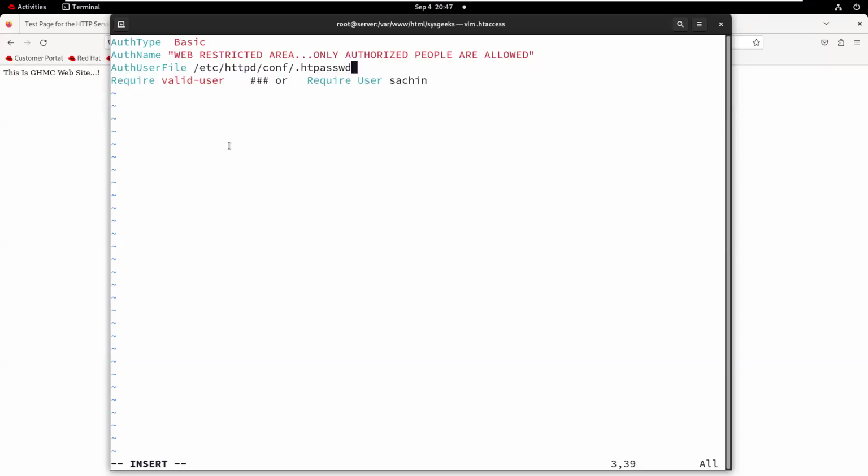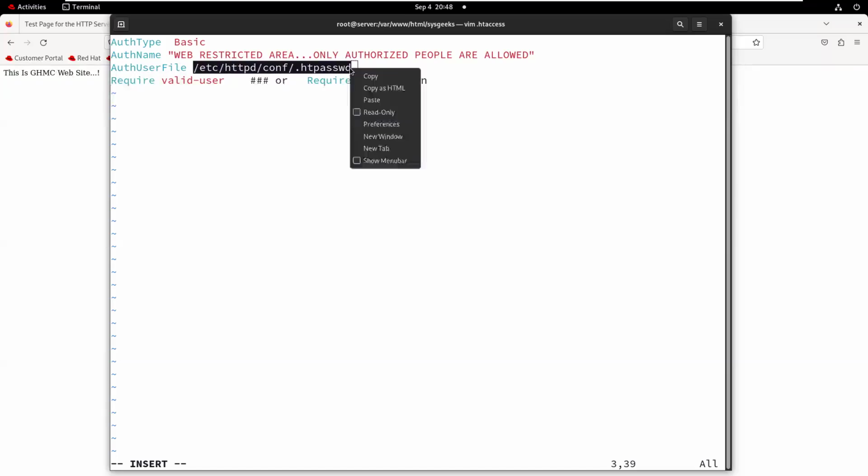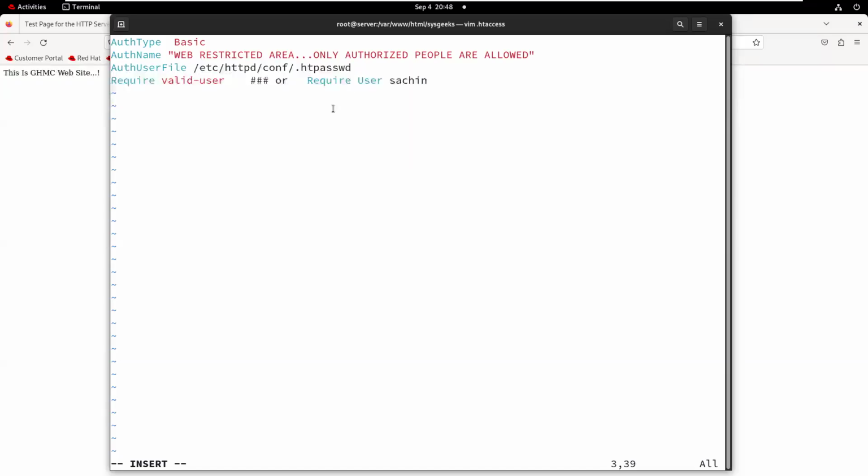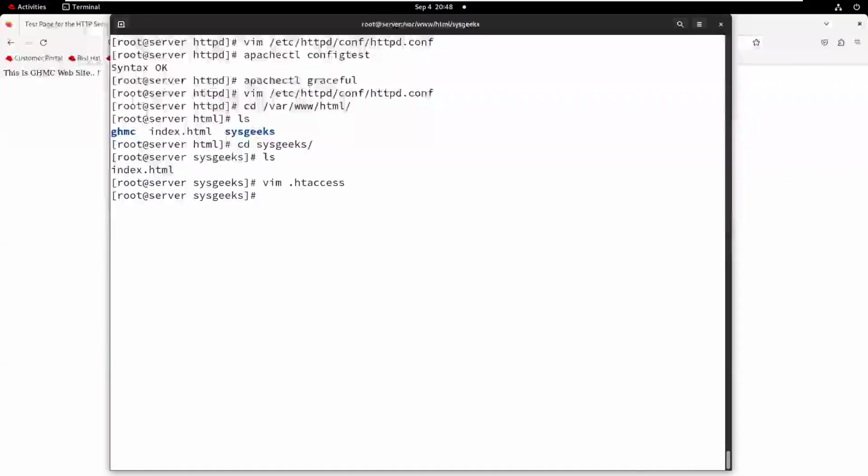Now let me create a user and add the password. How to create a user? Let me save this file first. Then I want to create a user with useradd. The username is webuser.